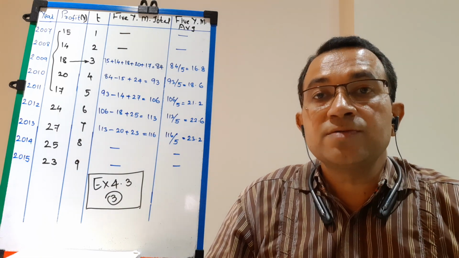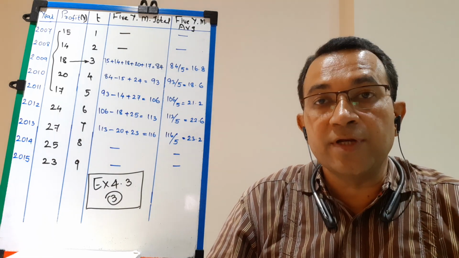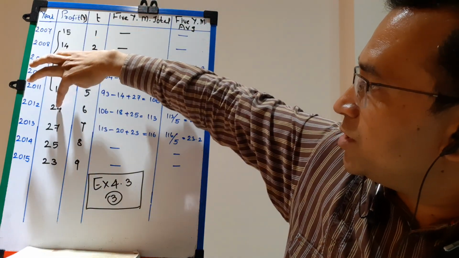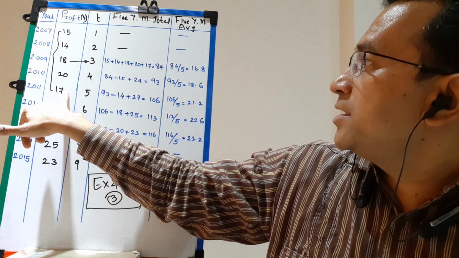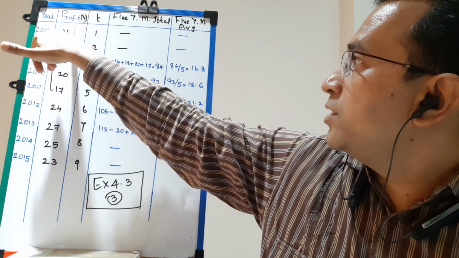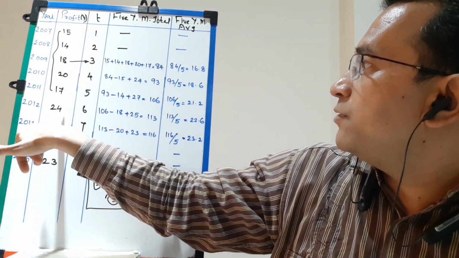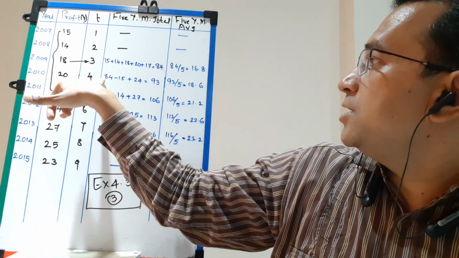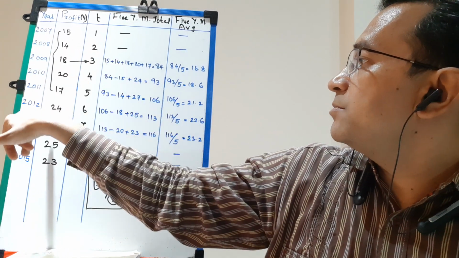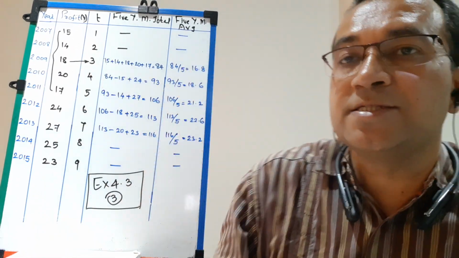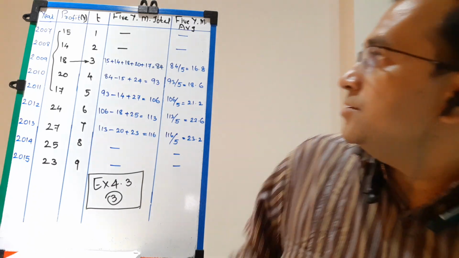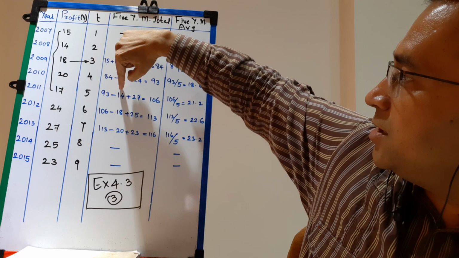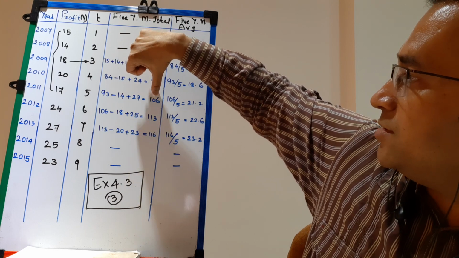Now as students, we have done in 3 yearly moving average, the first value we subtract and the next value, students, we add. Up to 17 we have already included, so now we remove 15 and we add 24. So the next total is written opposite to 20. 84 minus 15 plus 24, and that is 93. Then remove 14 and add 27. So 93 minus 14 plus 27 is 106.